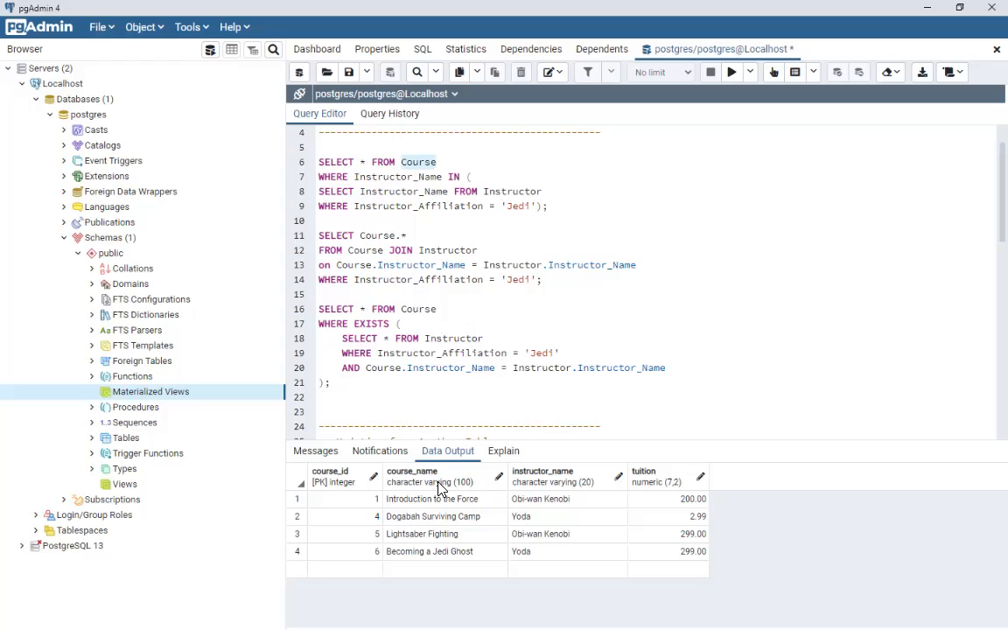For example, the instructor to the force, introduction to the force. It will find the instructor name in this row, Obi-Wan Kenobi, and then it goes inside, selecting every row from instructor. And first of all, it will look at the where clause. If the affiliation equals Jedi, then it's a match, right? It's a match, so it will select out the instructor name. If the instructor name happens to be Anakin Skywalker, then it will get discarded. But if the name is Obi-Wan Kenobi, then it's a match